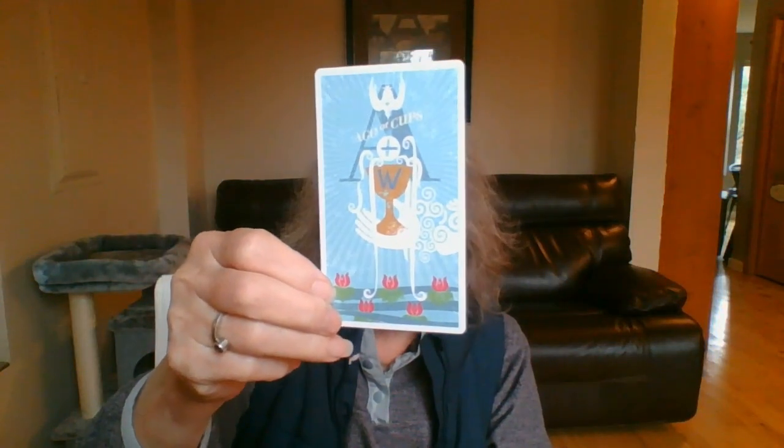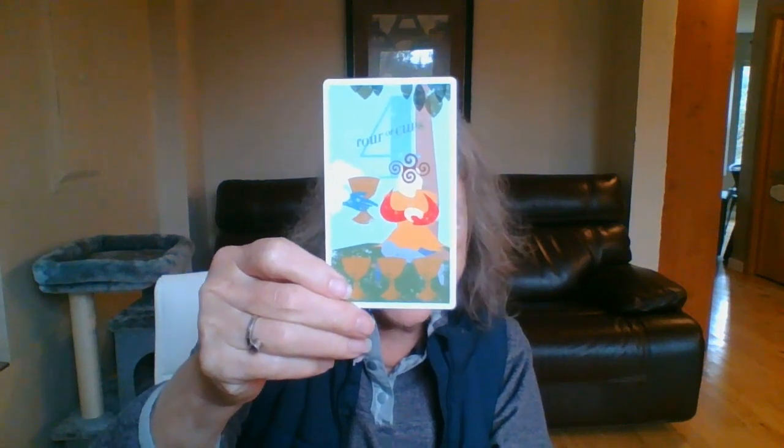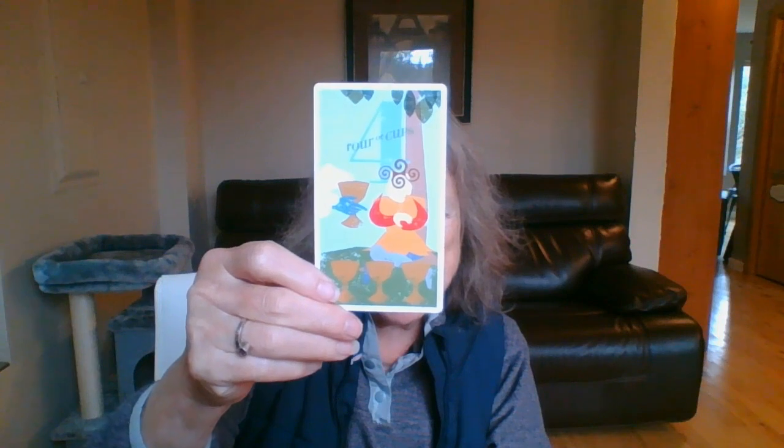Kind of when you don't want to be stressed trying to figure out all the symbolism or trying to read the text and that kind of thing. You know, there's a Four of Cups. It's very clear to me what that is. The deck is...